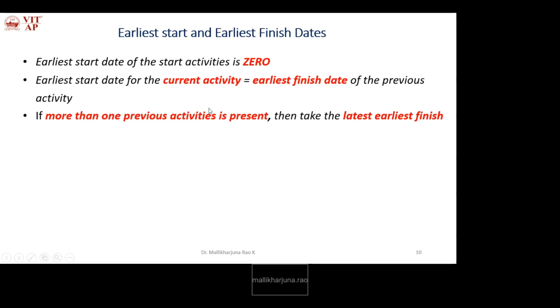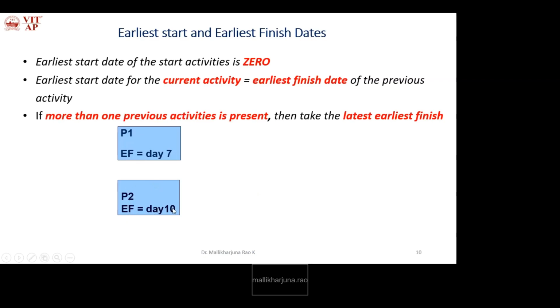If more than one previous activity is present when finding the earliest start date for the current activity, then take the latest earliest finish. What do we mean by this? We'll see. I have previous activity P1, which has earliest finish at day 7. Another previous activity P2 has earliest finish at day 10.